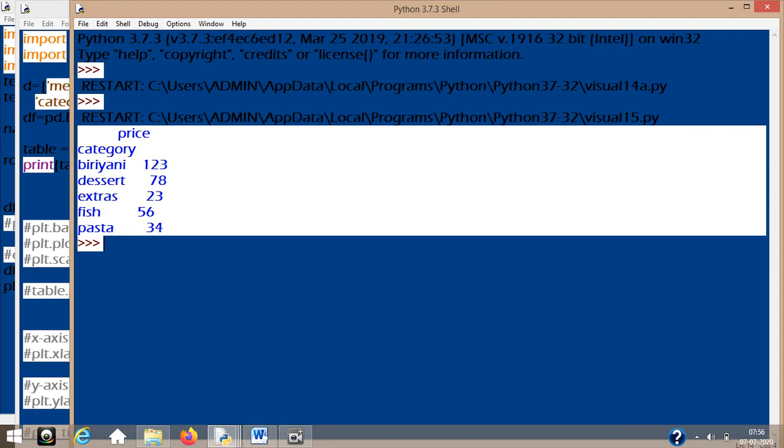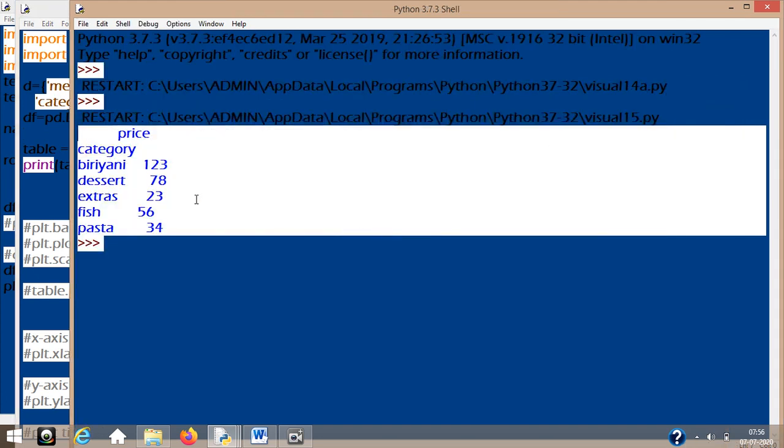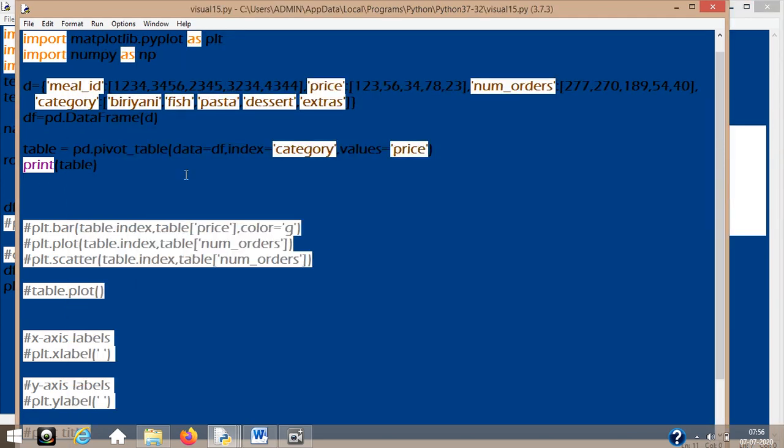So what my plan was, I don't want my entire data frame to be involved in the graph. I only want a separate section. That means your category and price need to be plotted in the graph.